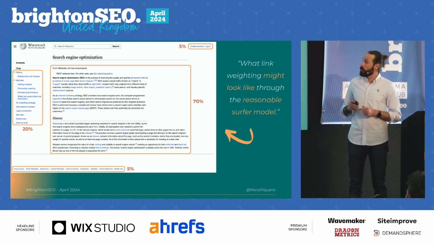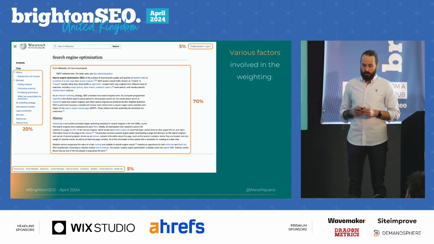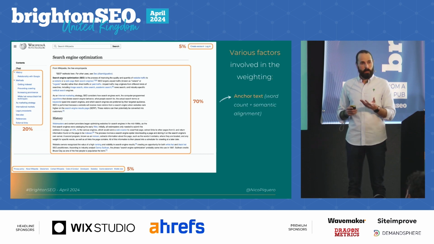And this weighting is based on various factors, such as the anchor text, so the number of words in the anchor text, the semantic alignment with the page that this anchor text and this link is pointing to,